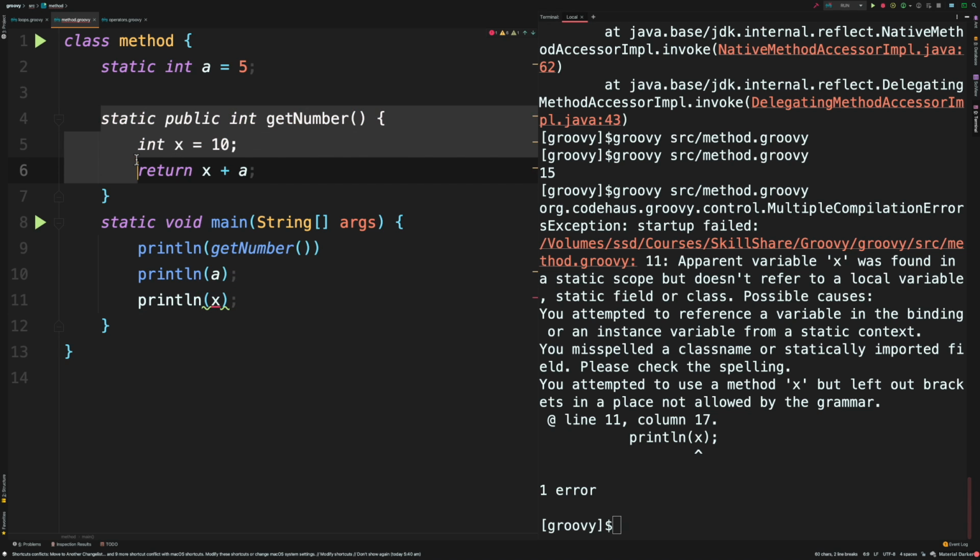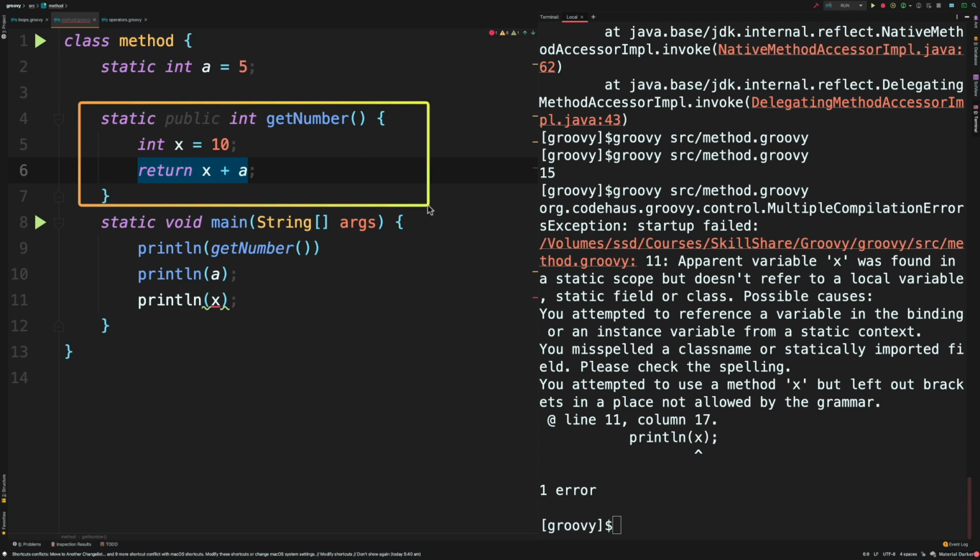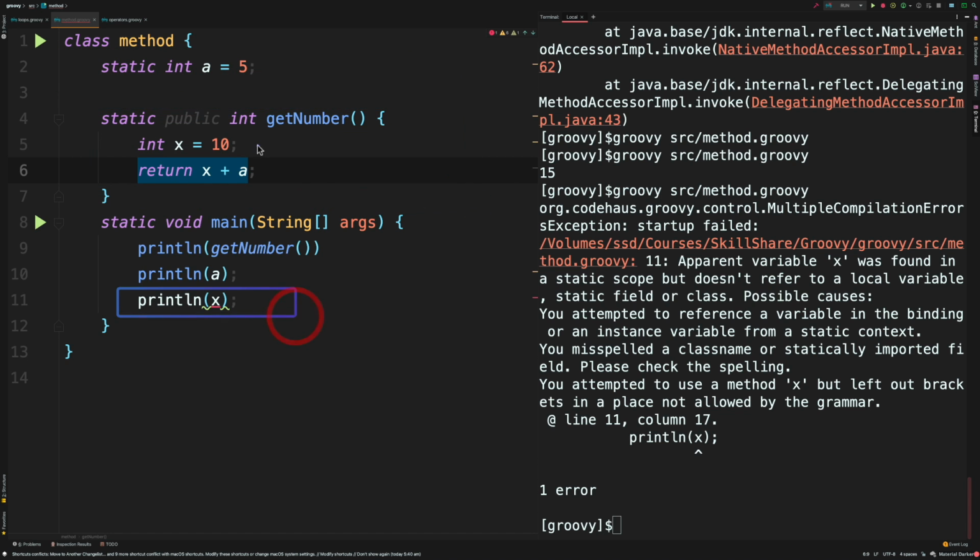So this function has its own scope. Okay, it will not allow anybody to access the parameters or variables defined within the function, but it has access to the values or variables defined in a global scope. So this is like a global scope. When you define a function, it has its own local scope. Anything that you want to access within a function, you can access from a global scope, but you can't access from a local scope of a method.